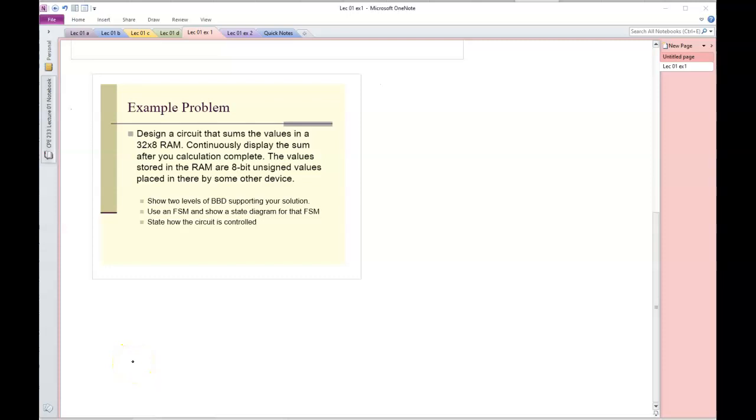Okay, this is the second half of the first problem. We didn't really do anything last time except talk about it. And I did forget to talk about one thing: in problems like this, I didn't really specify how wide the output needs to be, and typically you want to keep it as small as possible to do the job. Okay, so for this problem we're adding 32 8-bit values, so essentially the width needs to